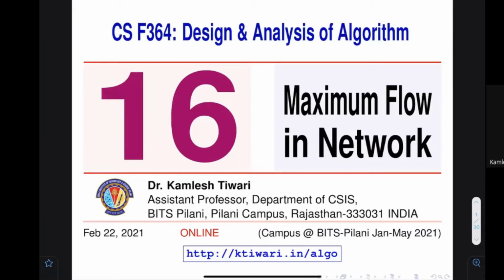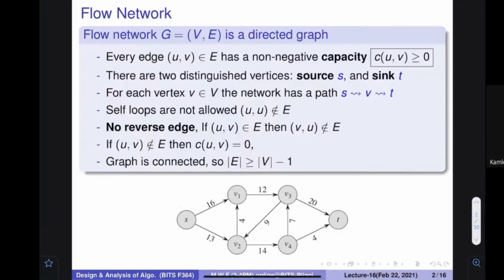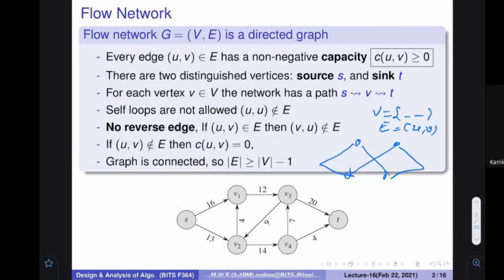So let us start. The problem is very simple and very elegant. What is given to you? A graph is given to you, and you know what a graph is. There is a set V that contains vertices, and there is another set called edges. An edge contains an ordered pair of two things U and V, which are from V, and then there is a connection. If there is a connection, we can say that the connection can have weights.